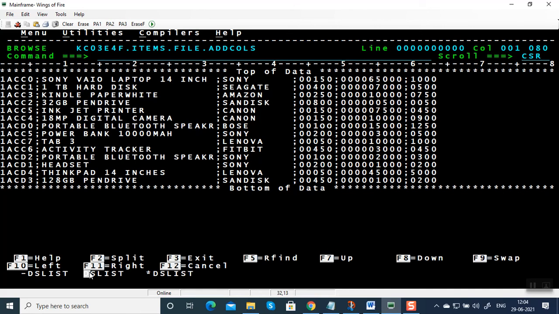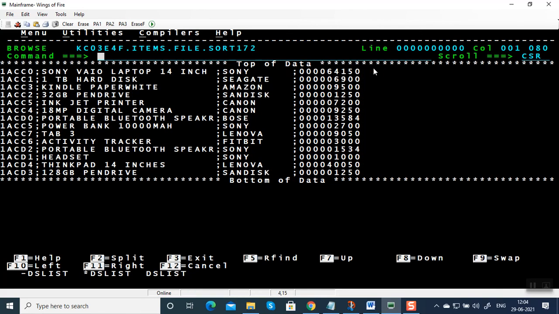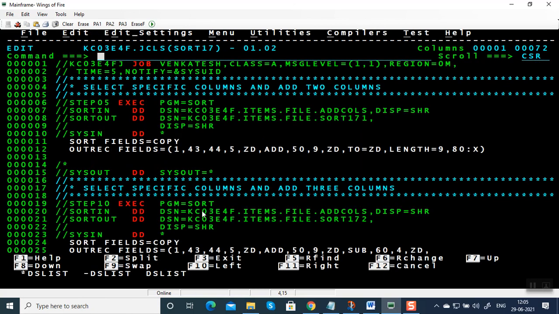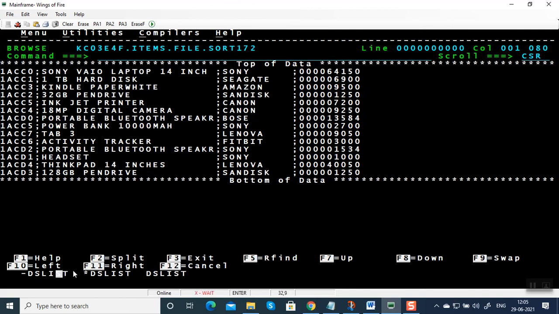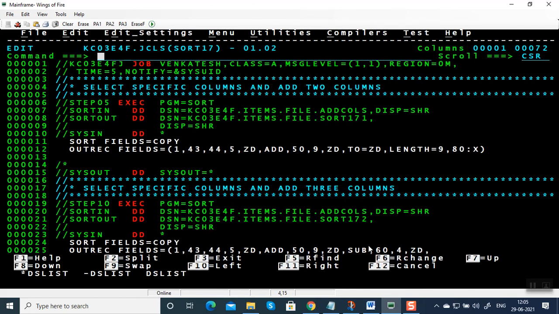Here we have got 6,900. Let me show the file. If you add these two, 7,400 minus 500 will result to 6,900. So this is how we can add or subtract 2 or more columns.